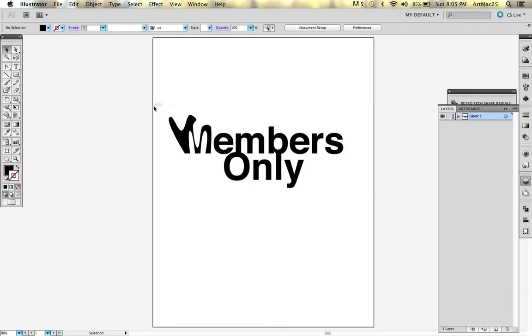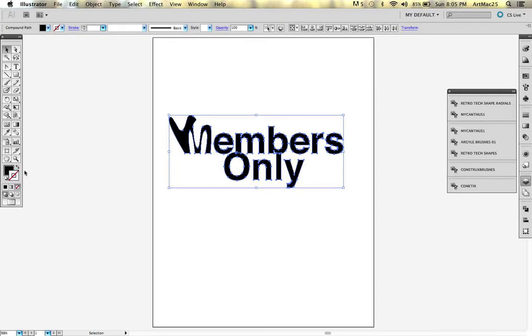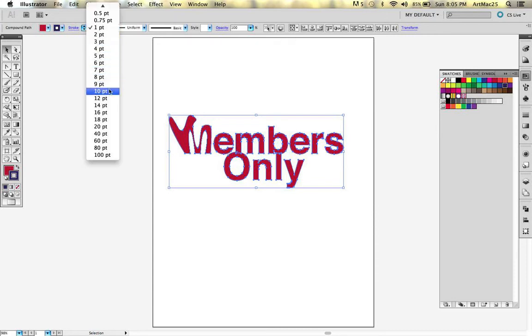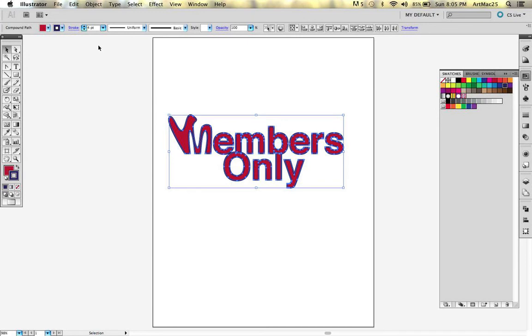Now, just like these letters are now shapes, just like with any shapes or any paths in Illustrator, I can switch it up so I can change the fill color here. Maybe I want the fill to be red, and then maybe I want to put some kind of, I don't know, let's go with a dark blue stroke on it, and maybe I want to change that stroke to about 4 point. So now I've got this text here that's got the red fill, the blue stroke, okay,